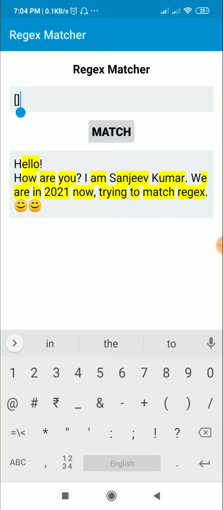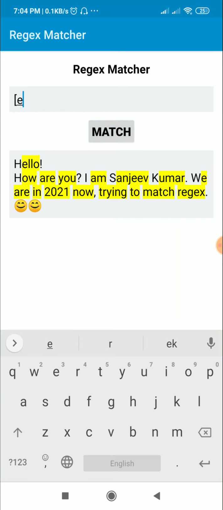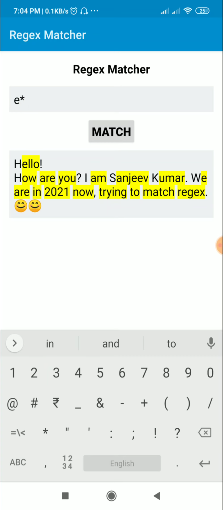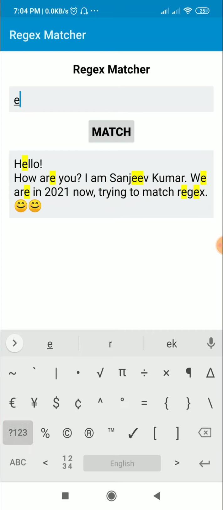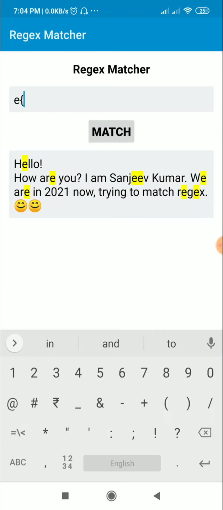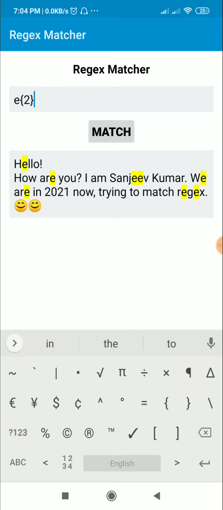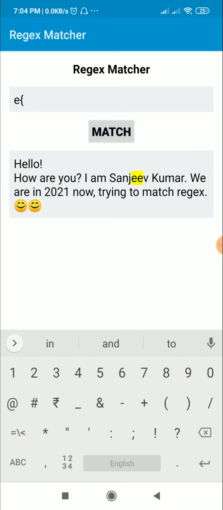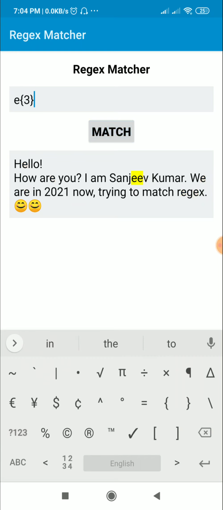And here I can put the number of E's which I have to match. So here if I write E star, it will match 0 or more E, and E plus will match 1 or more E, and this symbol E{2} will match only double E. Okay, and if I write E{3}, it will match minimum 3 E's, which are not there.